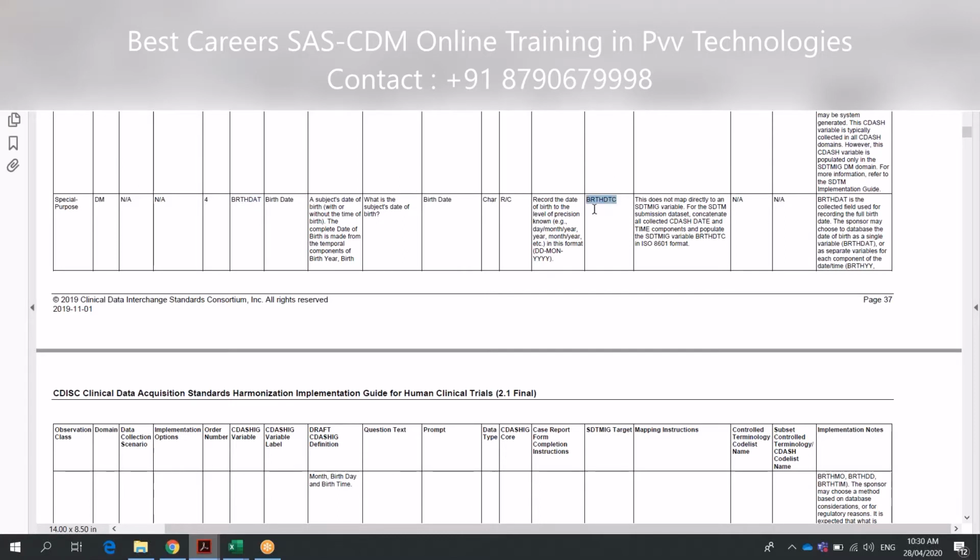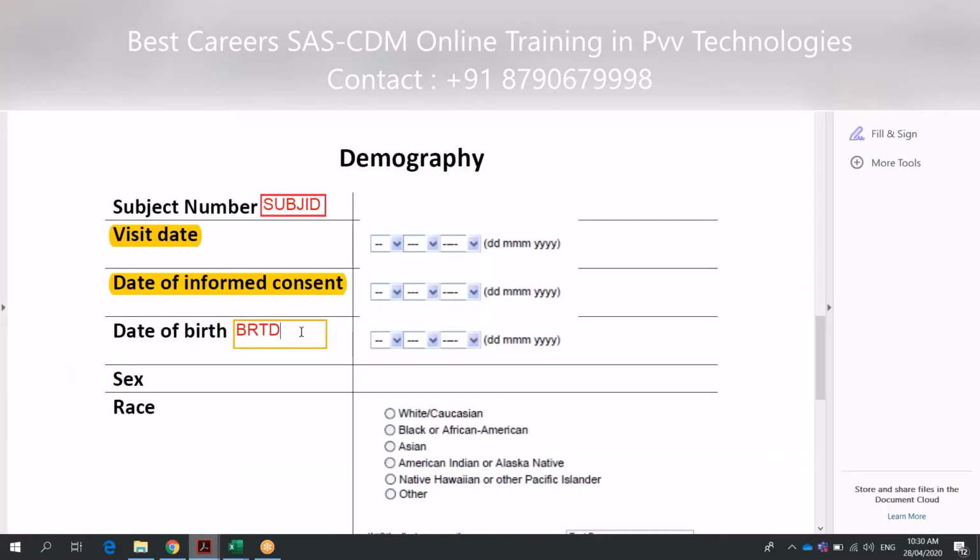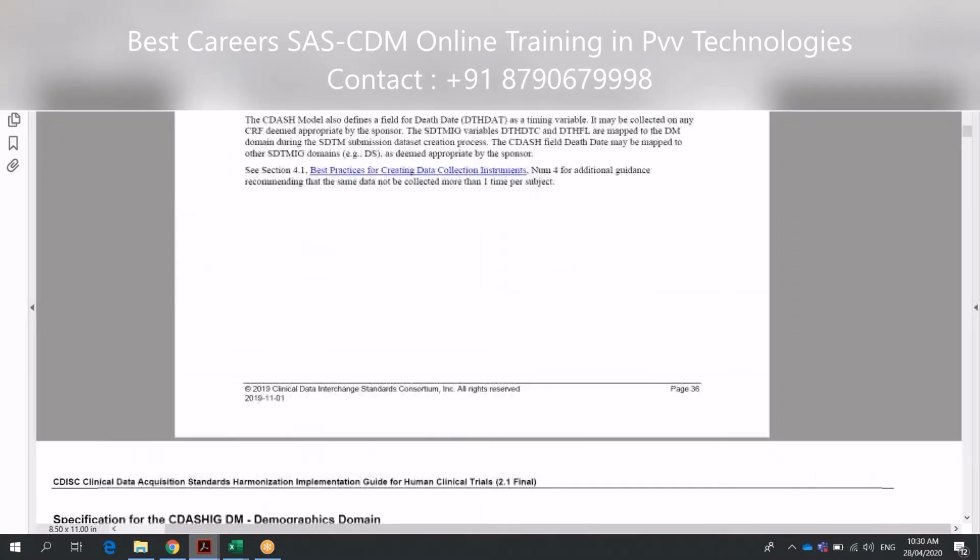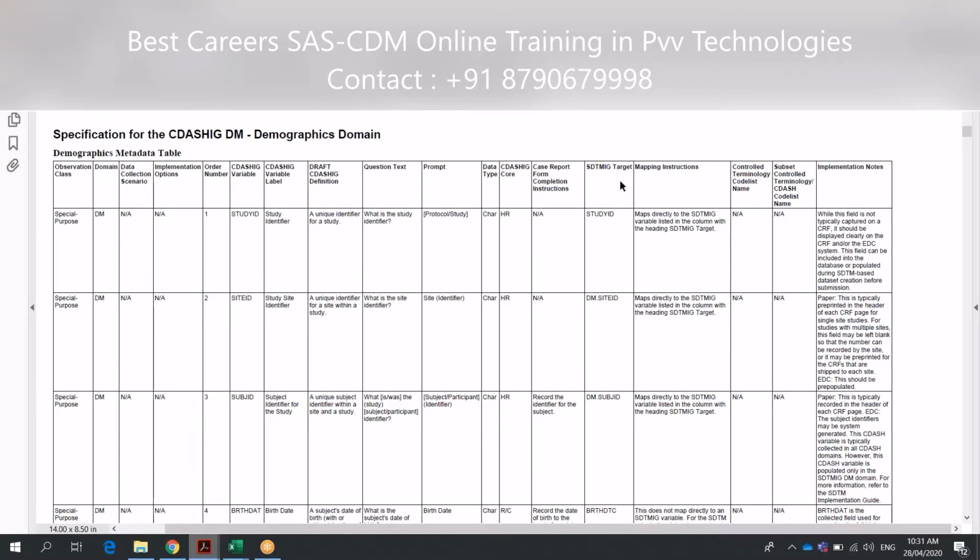So sometimes it's a little tricky. Sometimes programmers also use this one directly. Okay, they don't use that, they use DTC. So let's look at the difference between those. Okay, so that is CDISC. You remember how the data has to be submitted. CDISC is how the data is submitted, and this is how the data is collected.